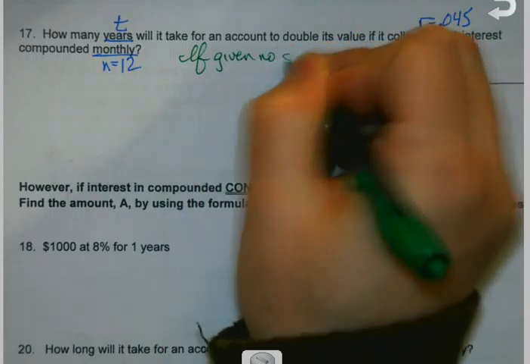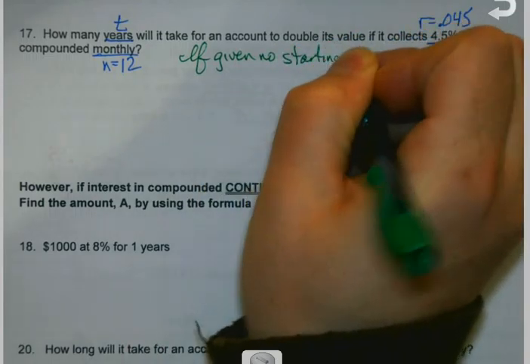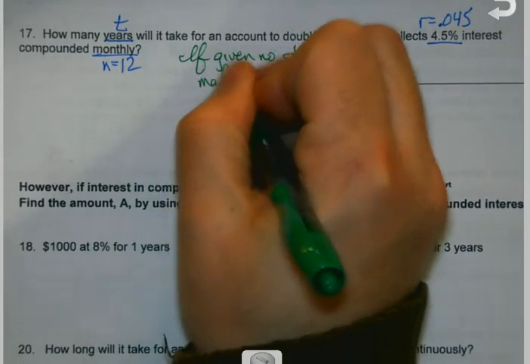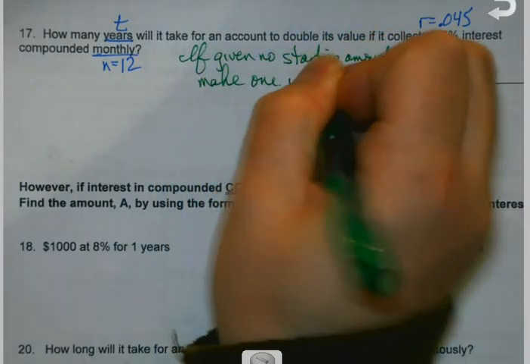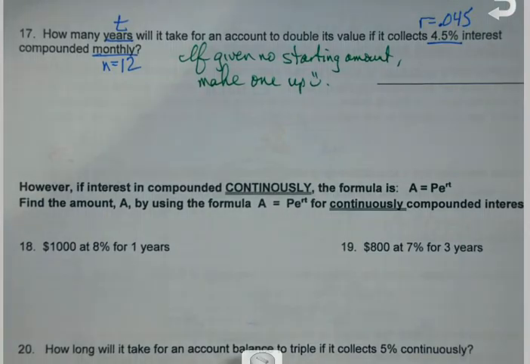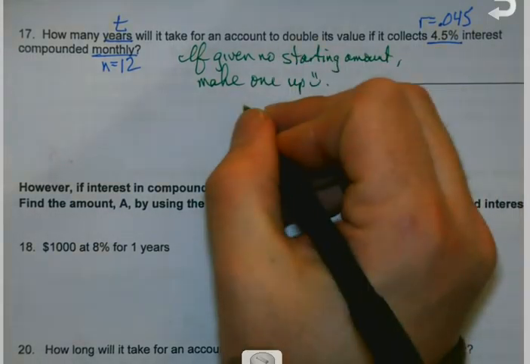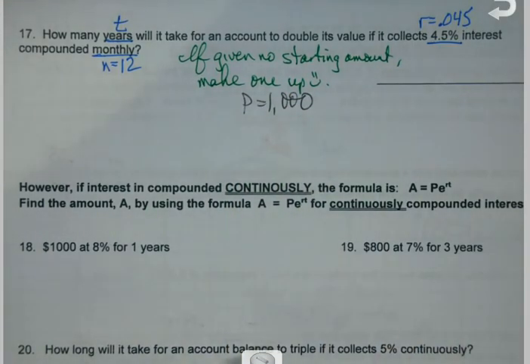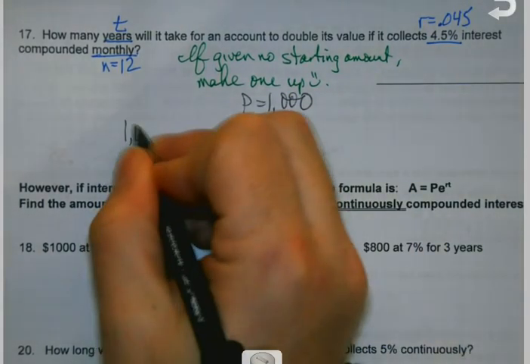If you're given no starting amount, and this can happen sometimes, make one up. So you can start with $100, $1,000, $1,000,000. I don't care. Normally I do 1,000 because it's a nice number to work with. If you want to use 2, you use 2. So in this case, my made up original value, my principal, I'm going to use 1,000. So I start to look at this and I'm like, okay, so 1,000, what I start with,